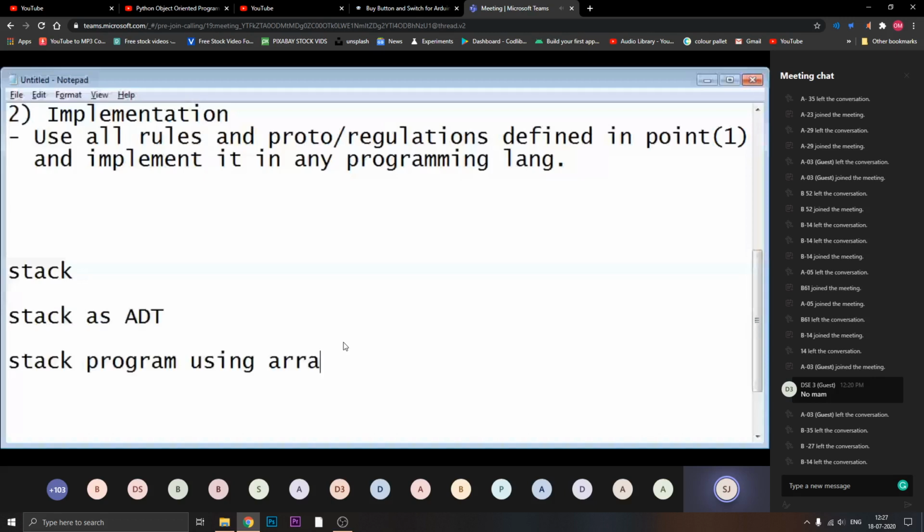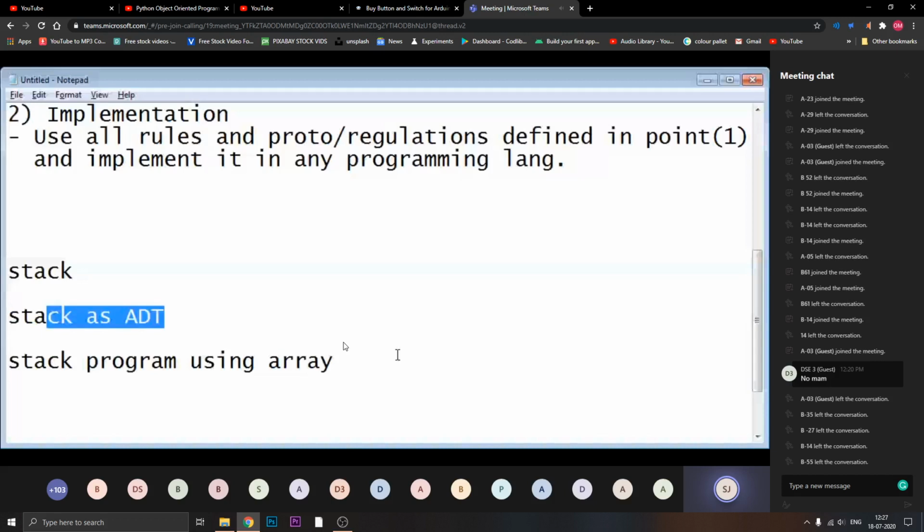So a stack ADT means you will be writing only the data required for the stack and the operations required for the stack, and whenever you implement it, you take that as input and write your program in C. So all data structures can be represented as abstract data types, which is nothing but a logical or abstract model consisting of only data and operations but no implementation.